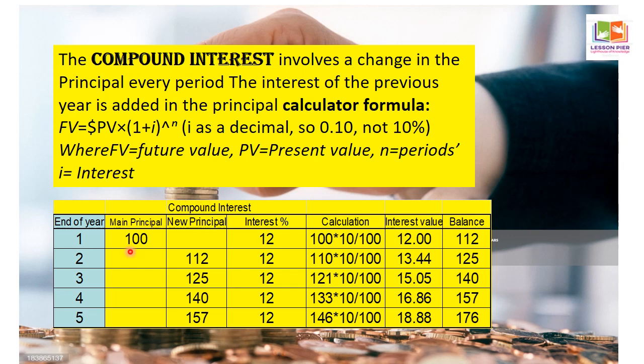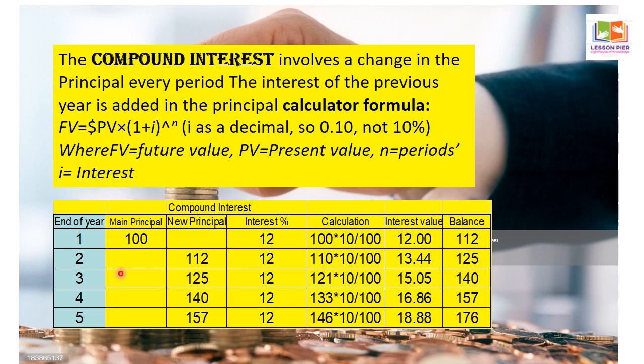Now if you see the principal, we start at the beginning of the first year. We had $100 or 100 rupees, whatever you feel like. So now what happens is after the end of the year the interest is charged at 12%. So interest is added in that. The interest of 12% is calculated here. The value for the first 100 is 12 and the value becomes 112 at the end of the first year.